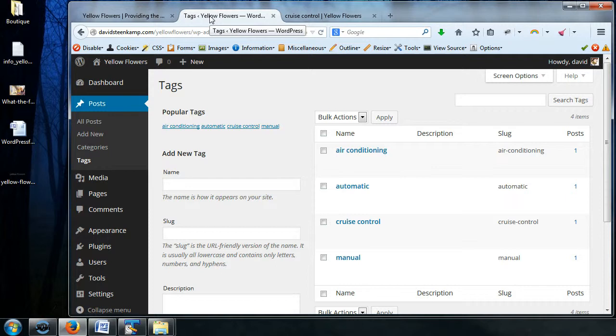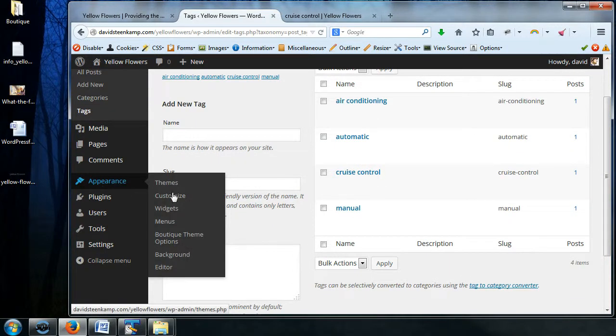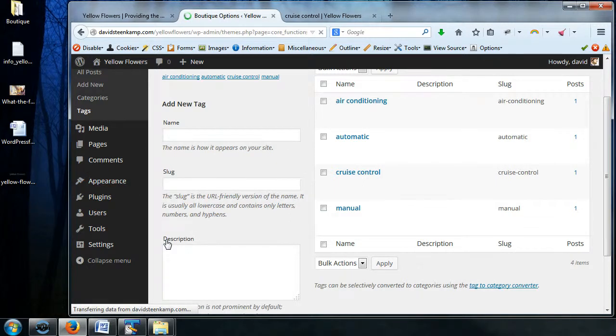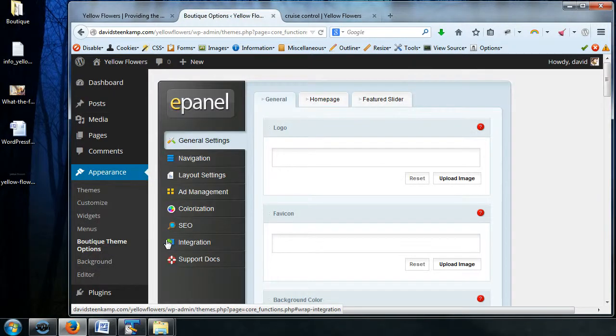So, most themes that you can install are going to have some sort of options page. Mine's called Boutique, and I know that it's under Appearance and then Theme Options. Again, this is Elegant Themes, so this is using the E panel. Depending on what you're using, you've just got to look around a little and try to find where you can add your own logo or replace the stock one that comes with